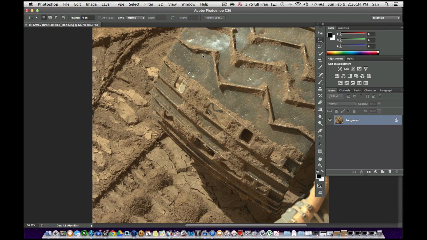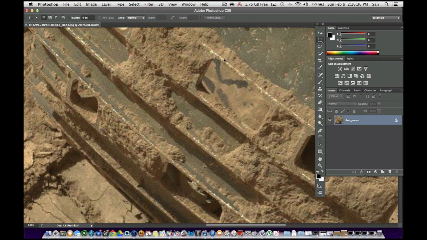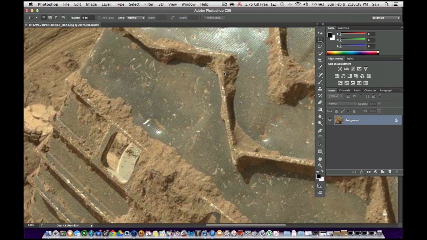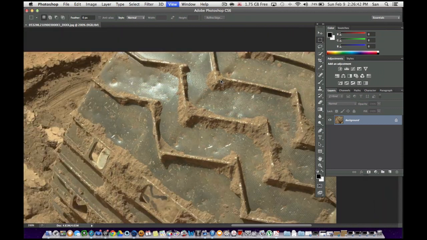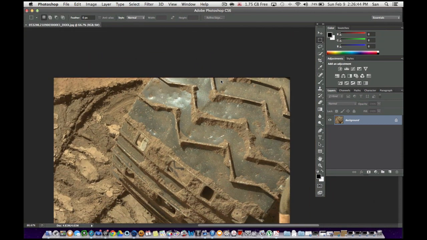You can see here, let's go ahead and bring it up. You get further into there, there is no way dry sand is going to stick to aluminum. Everybody knows when you go to the beach, you stick your feet in the sand, nothing sticks to your feet. It's just hot as hell.